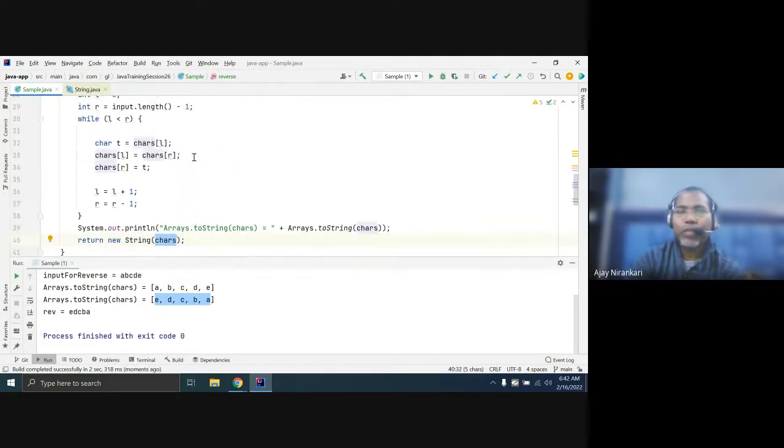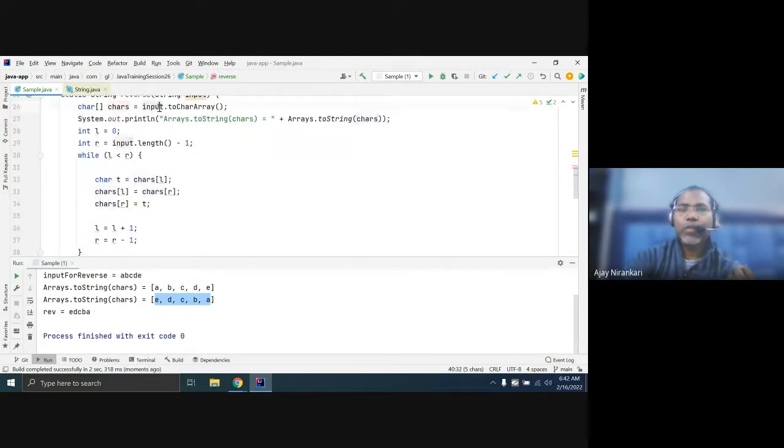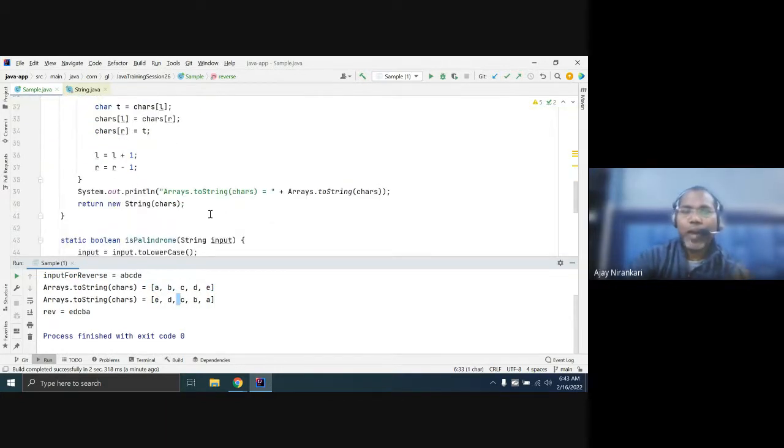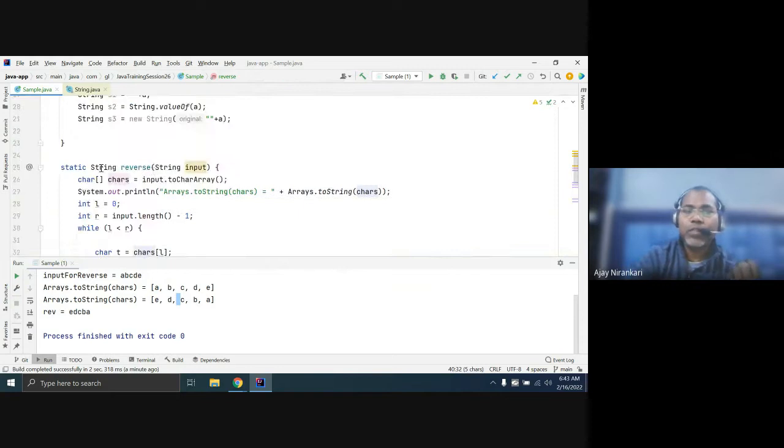Whenever your program starts, at that time you convert your input to the array of character, right? So this is your array of character. Now you swap all the position-wise values, and after that you have to somehow return this changed value. The changed value returns, but our method is expecting you give me the string. So how to convert array of character to the string?